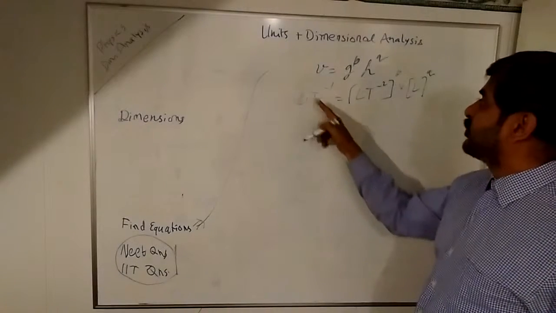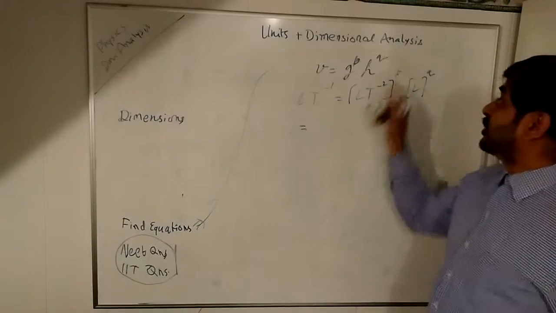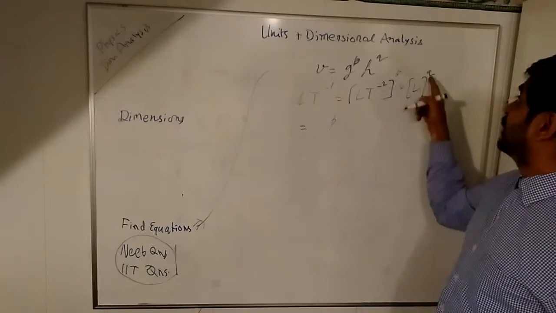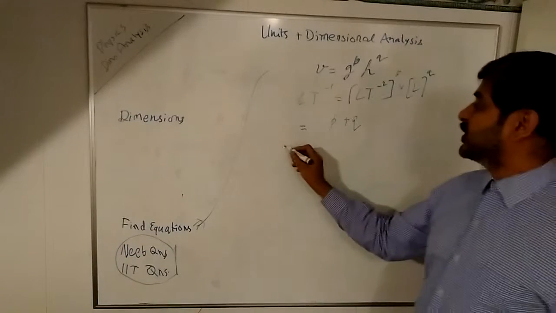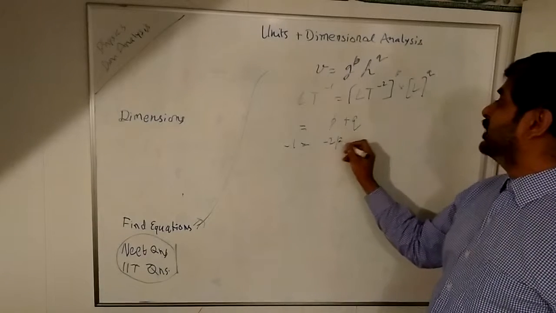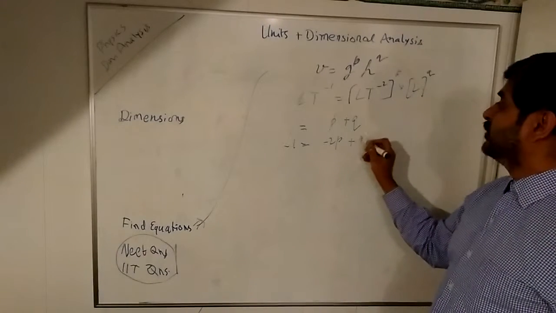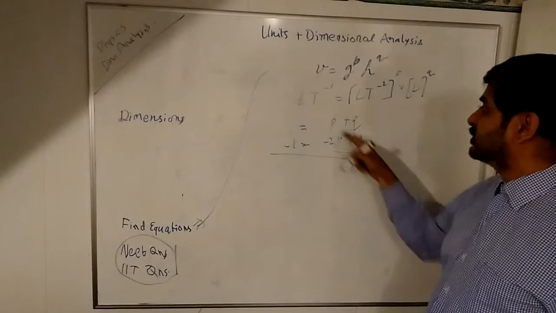Now L to the power 1 is here, and what is the L power here? L to the power p, so we write p here, and here L to the power is q, so p plus q. And secondly, T to the power minus 1 here is equal to T to the power minus 2p here, and then plus q here. We need to solve this equation. Let us subtract from this equation, so p